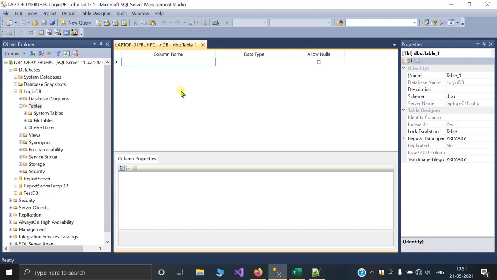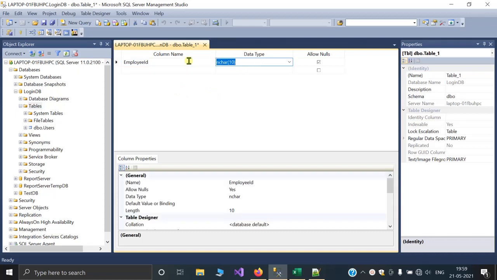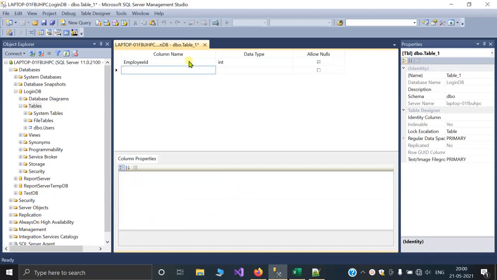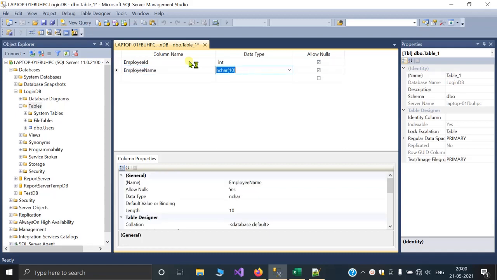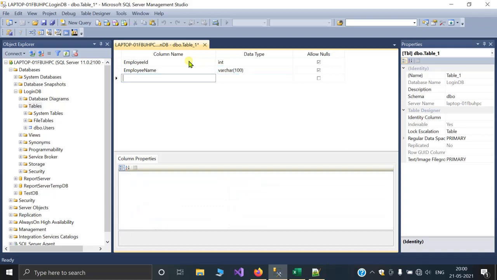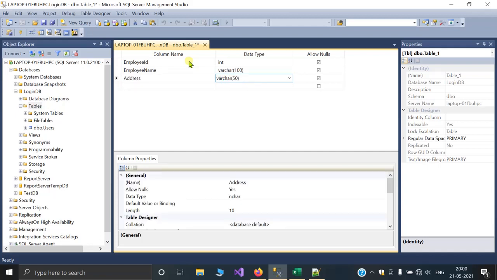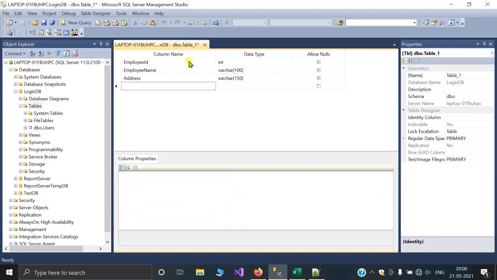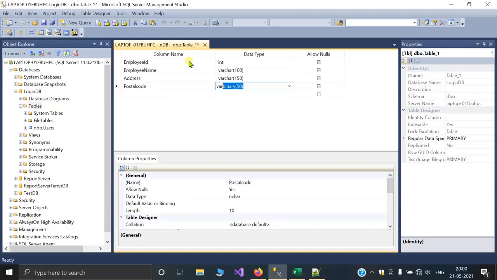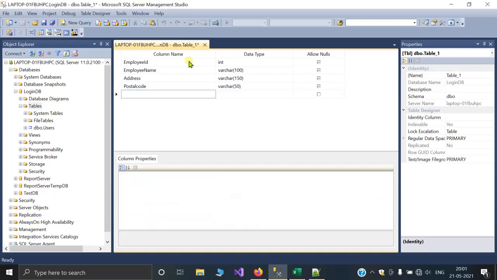First of all, employee ID with data type integer, employee name with data type varchar 100, address with data type varchar 150, postal code with data type varchar 50, and then the column country